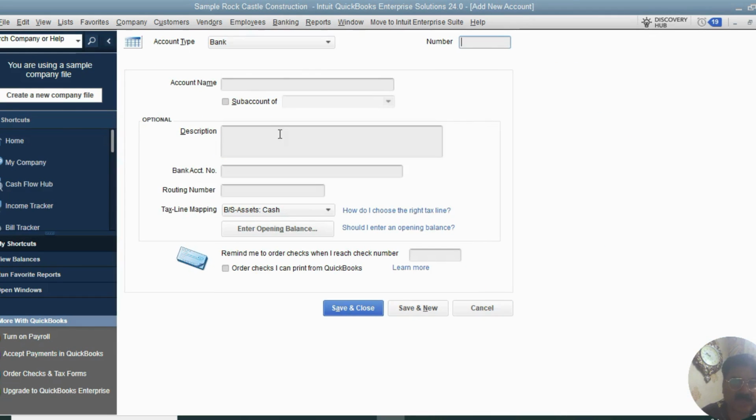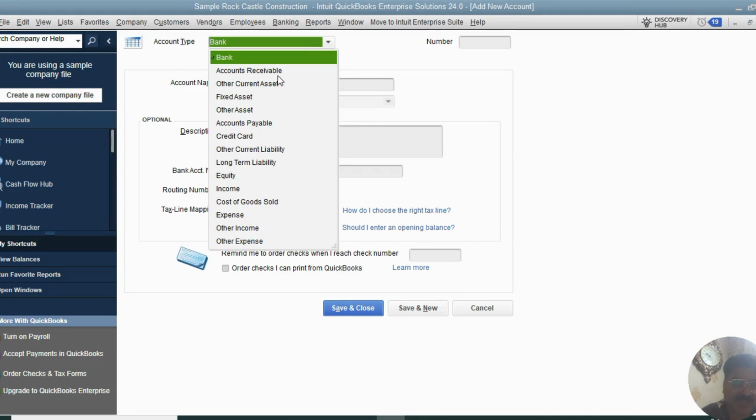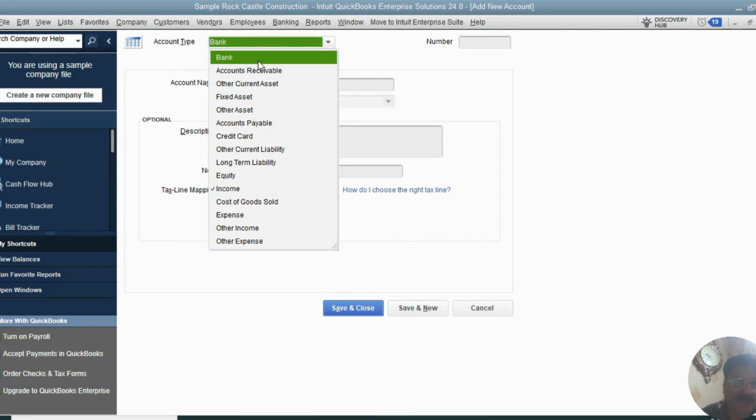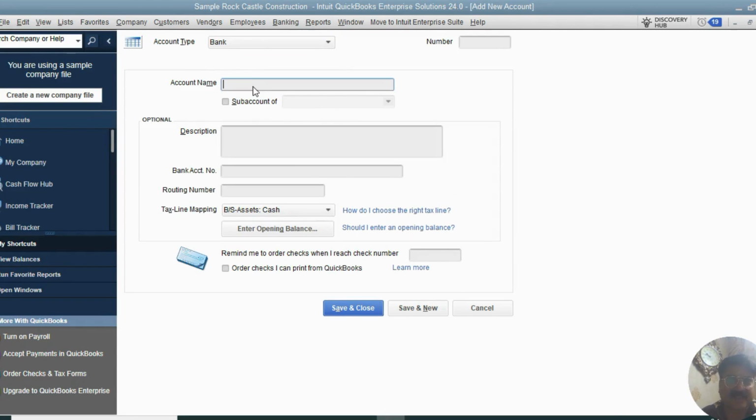So another form comes up, which you can see at the top is account type is bank. And here we can select a different type of categories if we want to change it. So we are selecting bank account here as the type, or we can change it as well. So American Express, let's say we have a bank where we have a savings account or checking account,